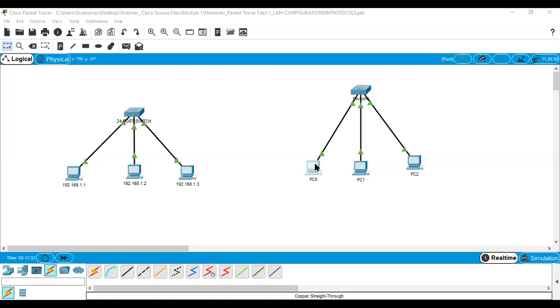Pinging here, it shows 0% loss, so you have successfully sent the data packets from PC0 to PC2, that is source 1 to source 3. Okay, now it is successful. In this manner you check the data packets in real time mode. Here I want to check the data with the simulation mode. You go to the bottom in this manner.